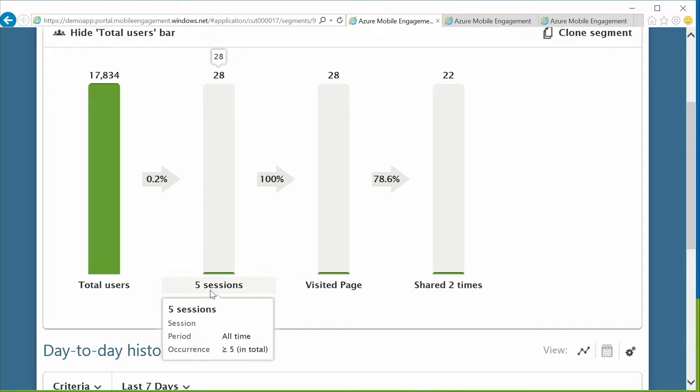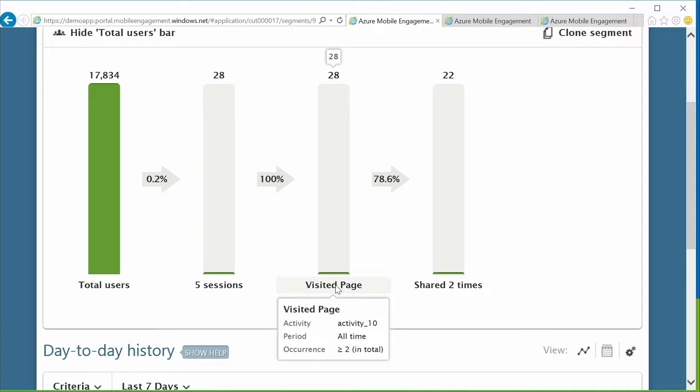Here, for demo purposes, I showed some examples of criteria, but it can be totally dependent on your application. This example shows users who made 5 sessions, so pretty active users, in the last 10 or 30 days, who visited